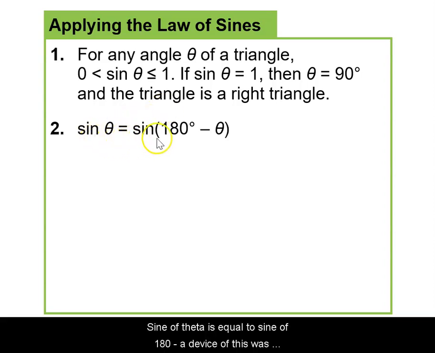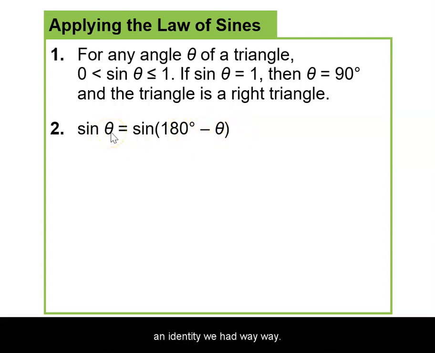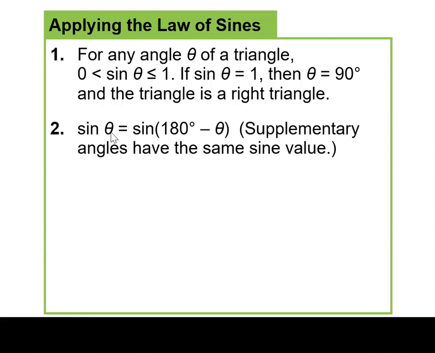Sine of theta is equal to sine of 180 minus theta, right? This was an identity we had way towards the beginning of the semester, okay? And it's basically saying that supplementary angles have the same sine value, right? So if this is 30 degrees, then the supplementary angle is going to be 150 degrees. So you're just basically looking at the angle on the other side, a quadrant over. This is really about